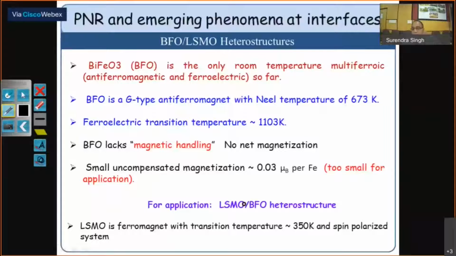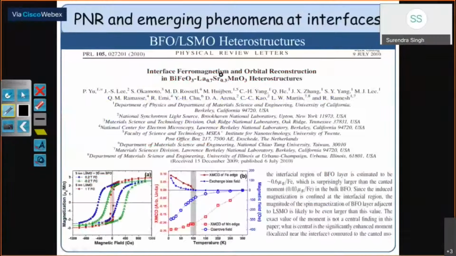ferromagnet which is a room temperature ferromagnet, because bulk LSMO has a 350K transition temperature. It is a spin polarized system. So if one can get any ferromagnetism in BFO, that will be very good for applications. So people thought of making this kind of heterostructure. I will explain this, and we'll see when they found there is an interface ferromagnetism in the BFO system and